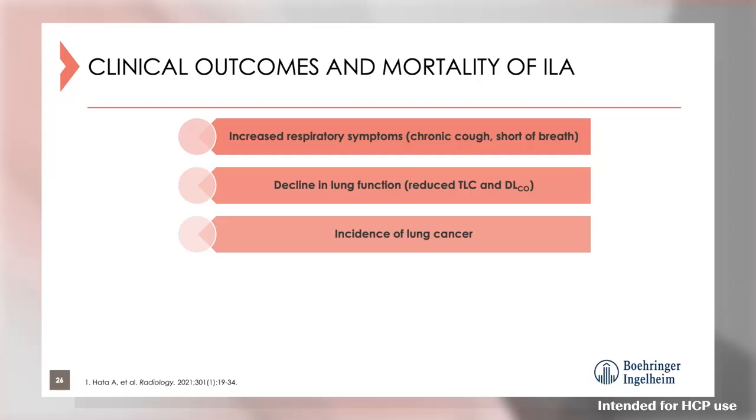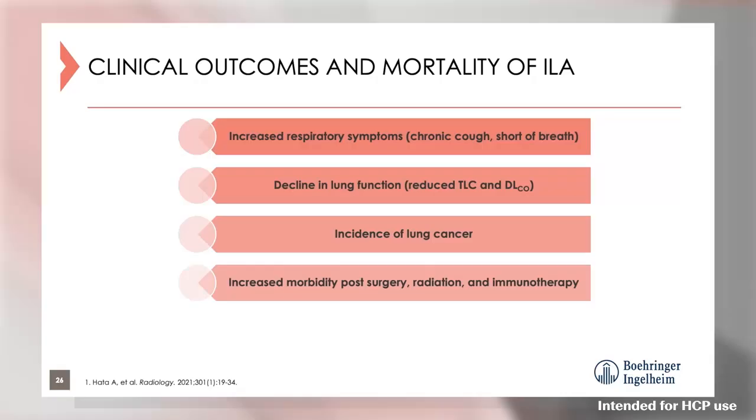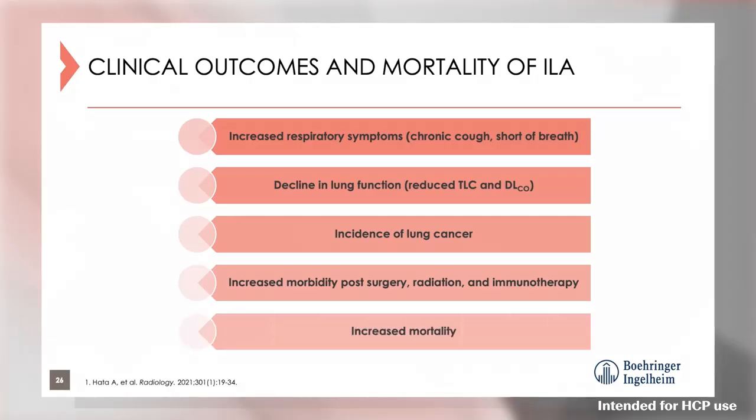If you identify a patient with interstitial lung abnormality, be aware that they have increased morbidity if they have surgery. In addition, if that patient is getting radiation for lung cancer, I definitely want to report ILA because they have increased morbidity for radiation, as well as for all of our novel treatments with immunotherapy for lung cancer. These patients have increased morbidity as well. In addition, by deploying the term interstitial lung abnormality, these patients also have an increased mortality overall.